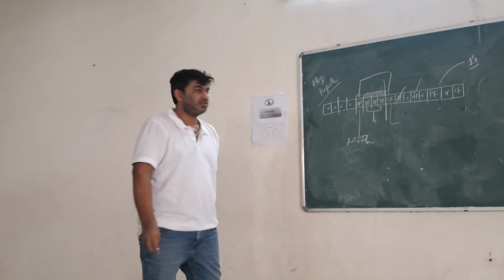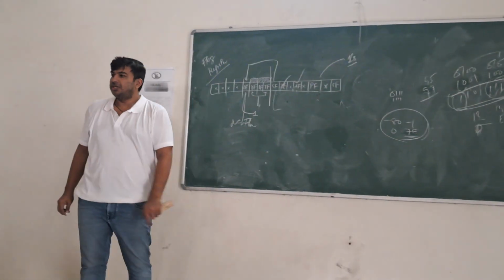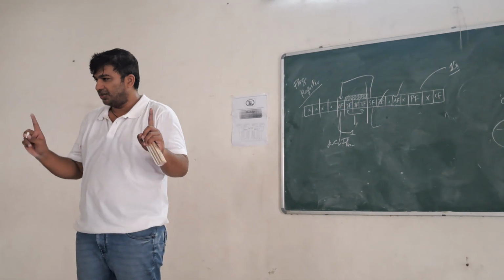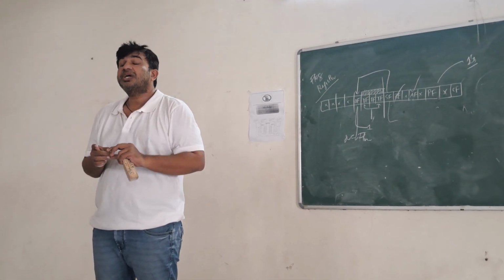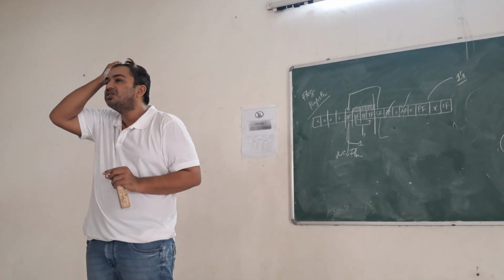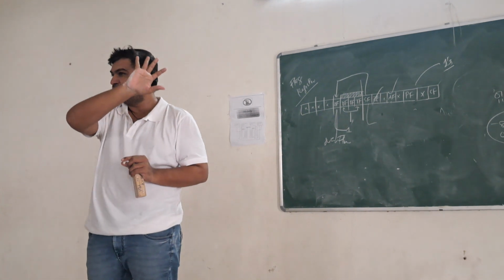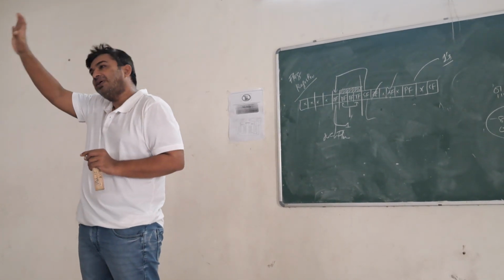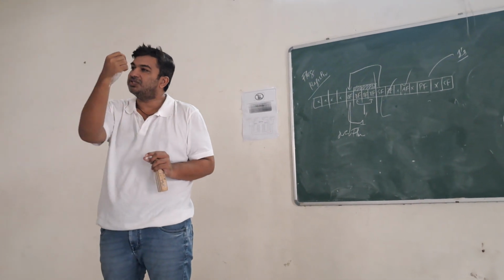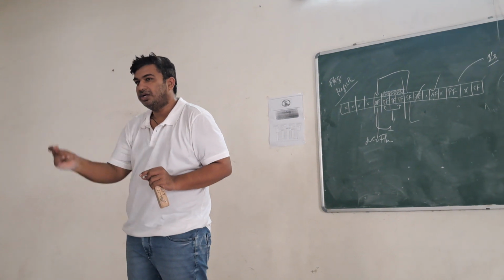So in this case, what happens? Your overflow flag will become 1. Understand? And your sign flag will remain as it is, 1. But if you want to check whether the number is positive or negative, you need to first check the overflow flag. If it is 0, that means overflow has not occurred, and whatever value is in the sign flag is correct. If the overflow flag is 1, whatever value you see in your sign flag is wrong.